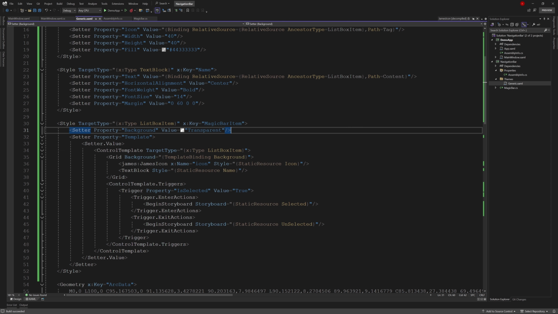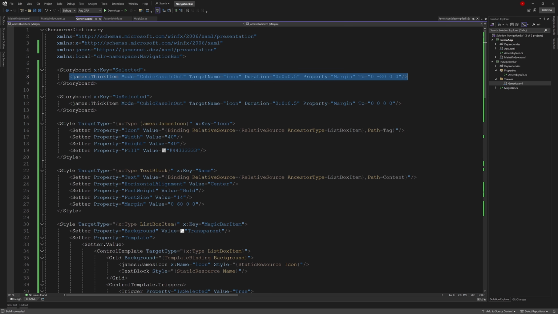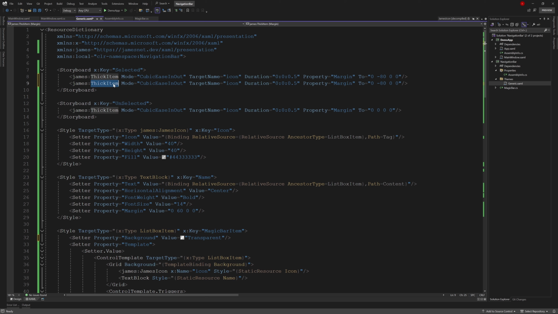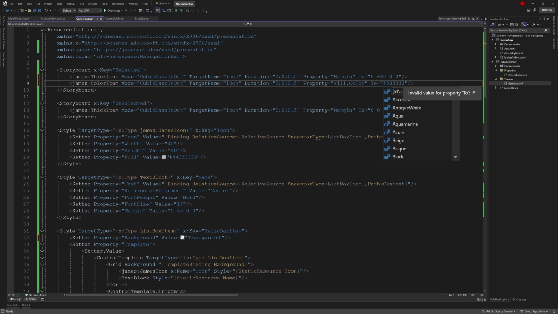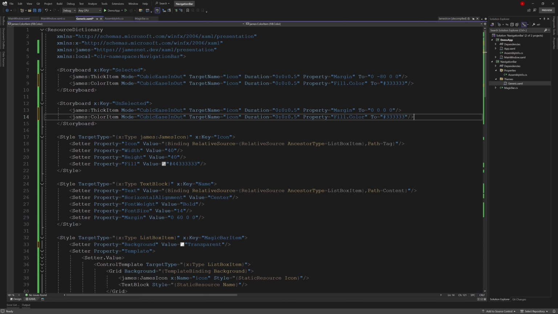Next, we need to change the color of the icon. Here we use ColorAnimation. And for the property, we choose a fill color. Then change the color. It's the same for the unselected part.